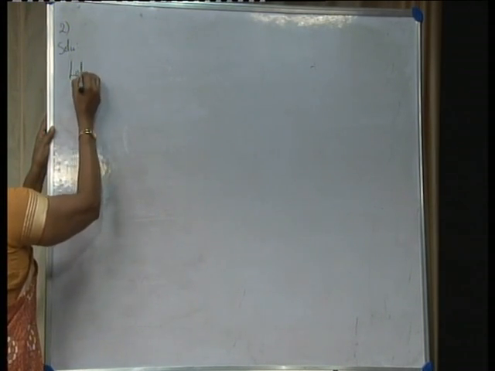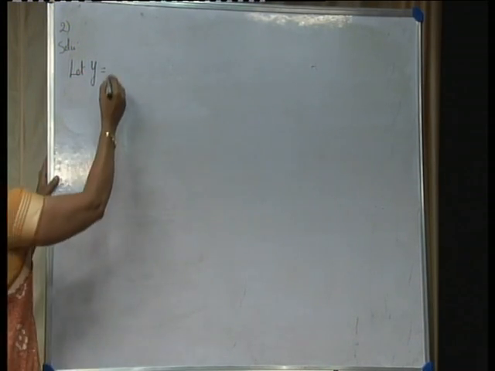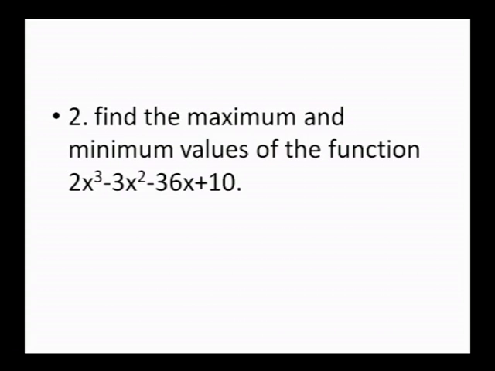Let y is equal to 2x cube minus 3x squared minus 36x plus 10. So, working rule is, first step we have to find the dy by dx and equate it to 0,